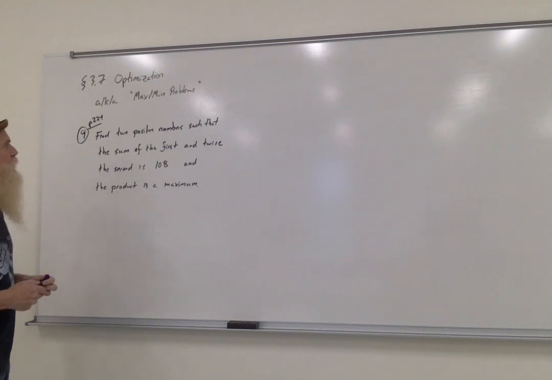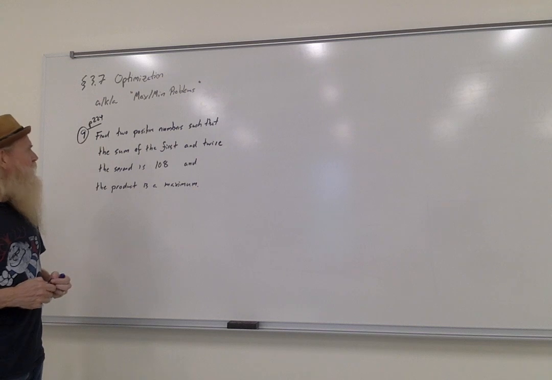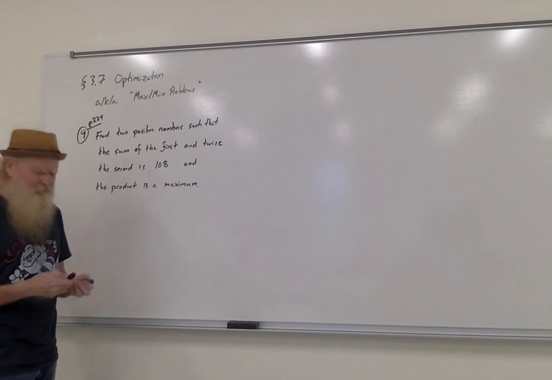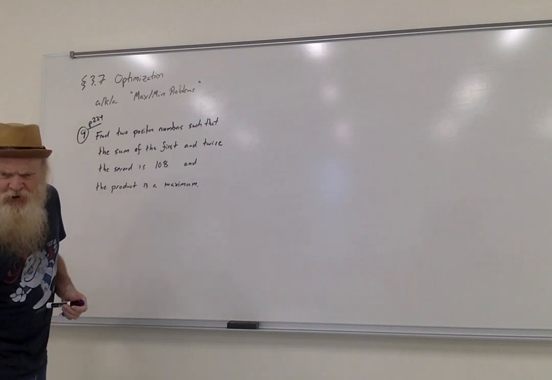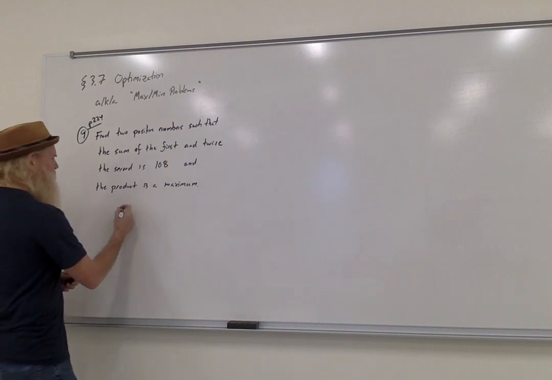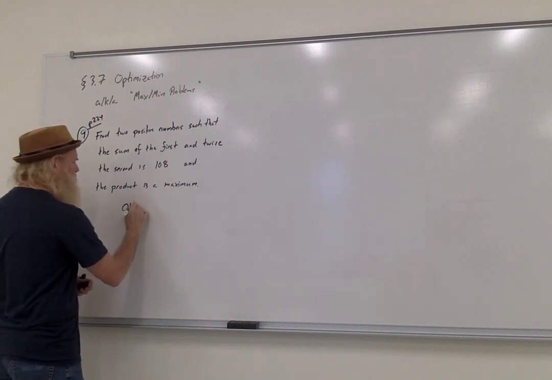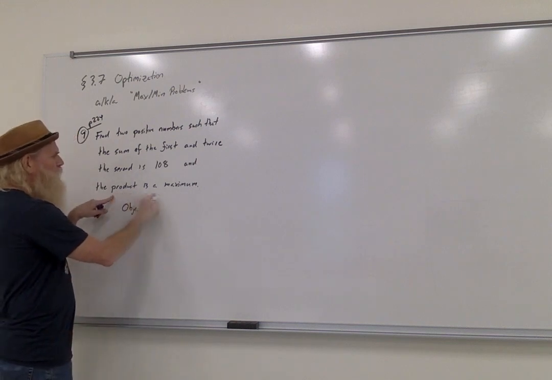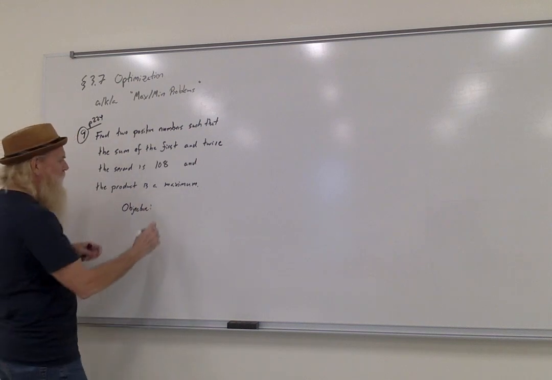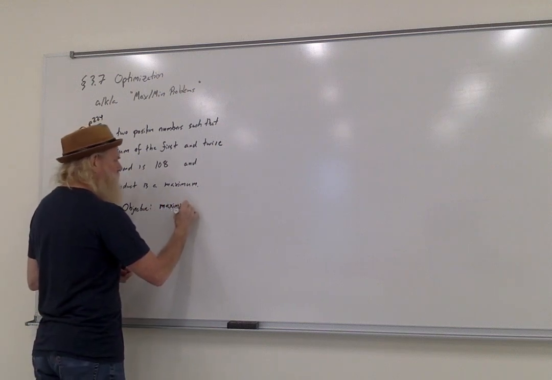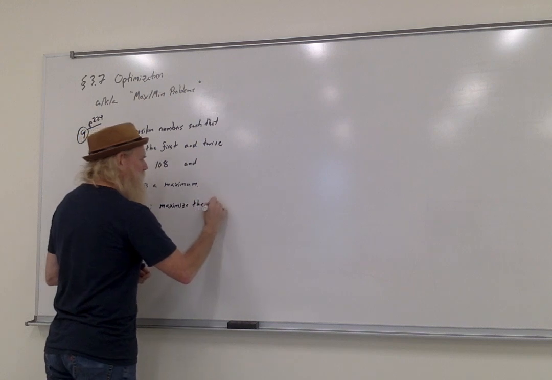And the problem says find two positive numbers such that the sum of the first and twice the second is 108, and the product of the two is a maximum. So let's maybe start off by figuring out what it is that we're asked to do. What's our objective? Our goal is to find two numbers whose product is the maximum. So our objective is to maximize the product